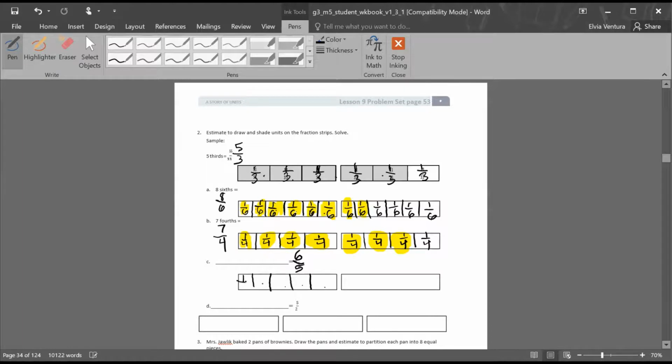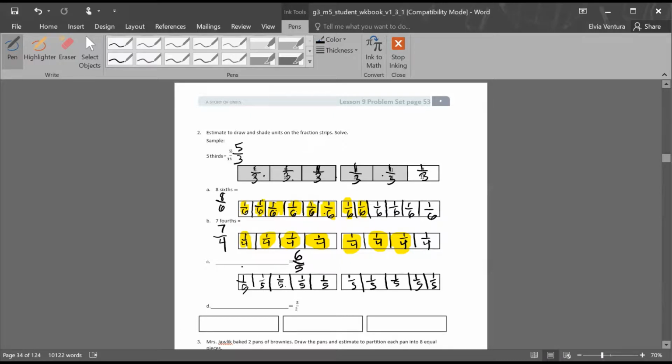1, 2, 3, 4, 5. Yeah, we have 1/5, 1/5, 1/5, 1/5, 1/5. Same thing on this side. We're going to do 1, 2, 3, 4, and we're going to label each one 1/5, 1/5, 1/5, 1/5, and 1/5. Now see how they wrote it